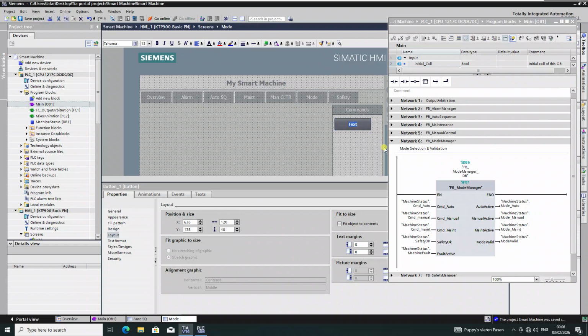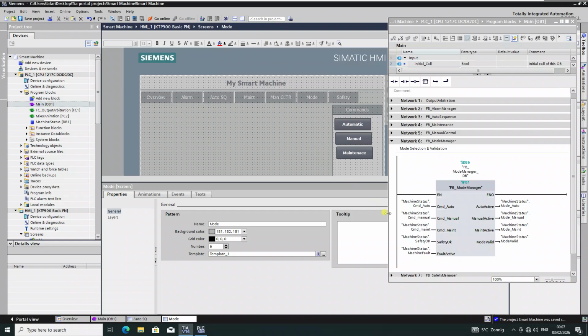Yes, to make it more visible, right? So this should be our automatic, and we make one more. We just make a copy of the same button and manual, and we make another copy of the same button. We make it maintenance. And also